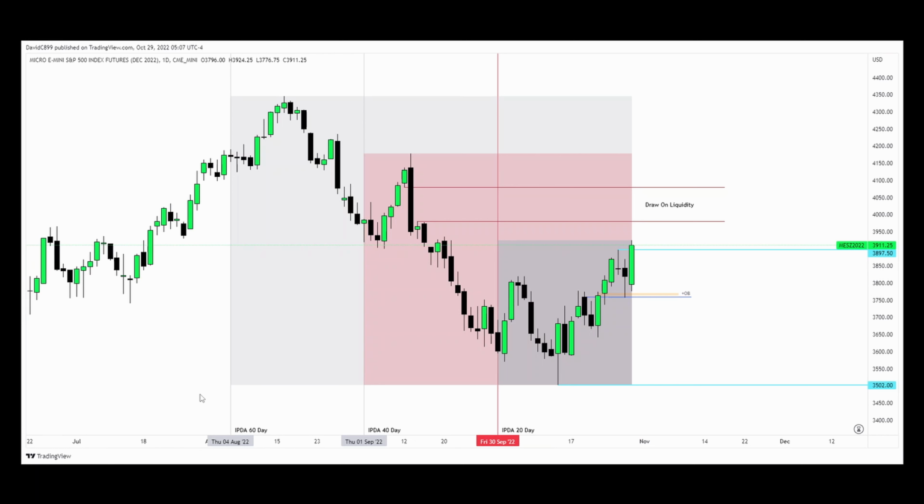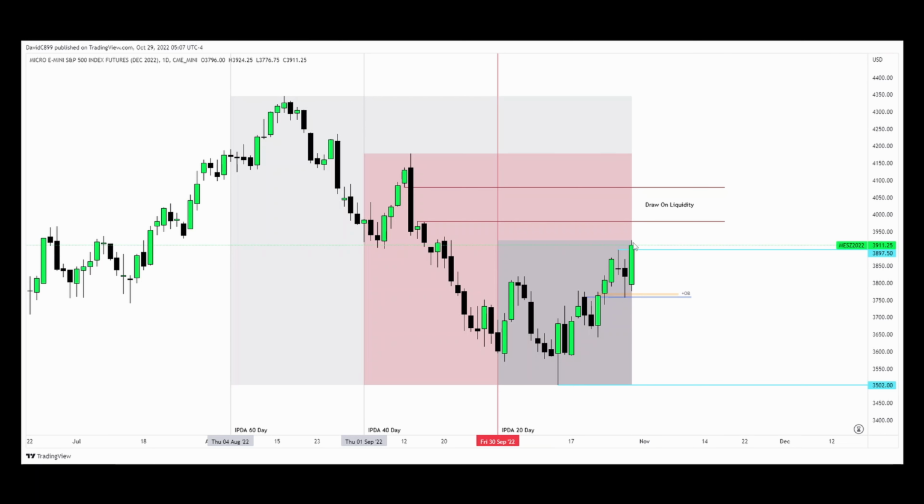Welcome to the market outlook for the E-Mini S&P500. IPDA is working efficient, and my next draw on liquidity is this fair value gap, sell side imbalance in a premium market. On the daily chart, we can see that the order flow is respecting bullish arrays or discount arrays. We can see this bullish order block and this volume imbalance has been respected most recently in previous week's trading, and Friday rallied aggressively higher